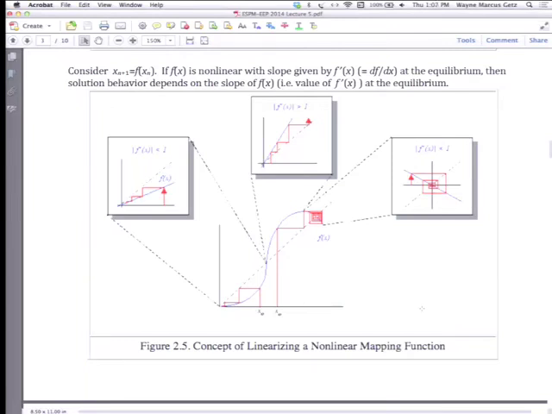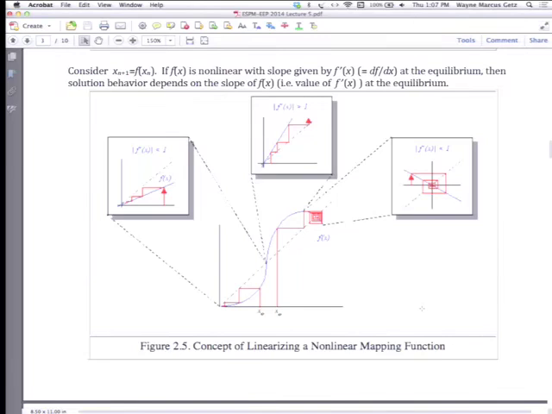Now if it's greater than 1, locally we know what's going to happen. We're going to go from a point to the line, to the 45-degree, to the line. So we're going to move away from this point. So this point's unstable. Over here, what will happen is if we start at a particular point, we go from here to the 45-degree, to the line, to the 45, and the same thing. If we start out here, we go from here